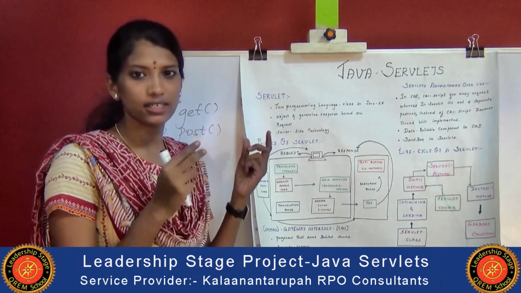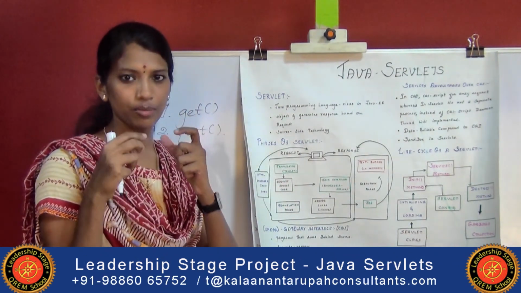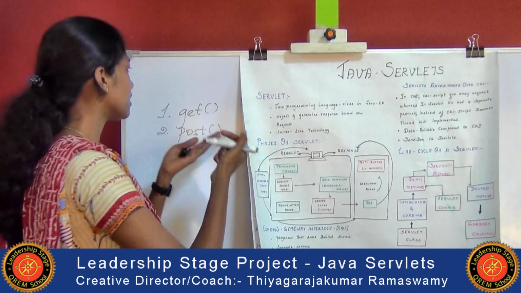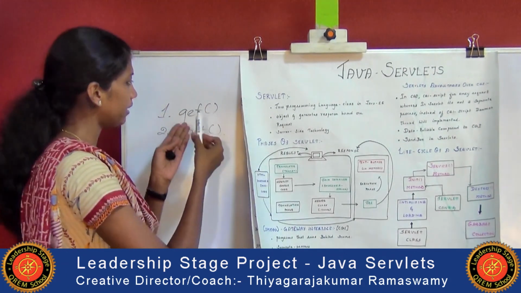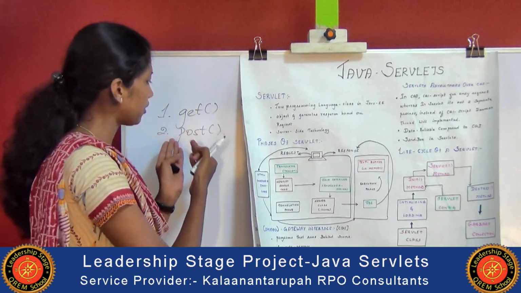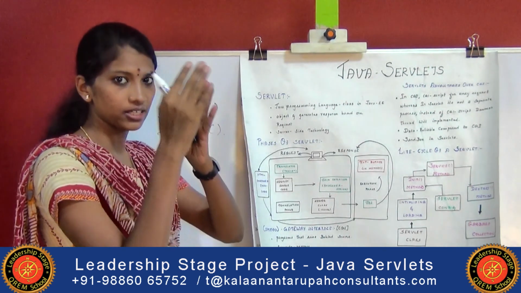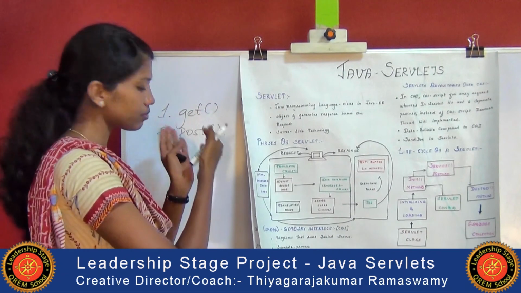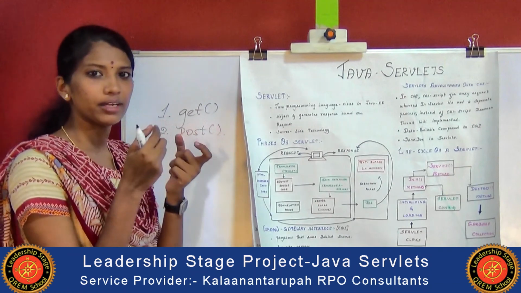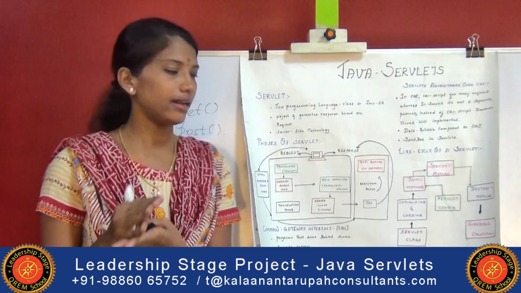A servlet is a communication between the client and server. When the client asks for any request, the servlet program will generate it and return it as a dynamic response to the corresponding client request. In that process, we have two types of methods implemented: the get method and the post method. Compared to the get method, the post method has the additional advantage of security features, because the get method is appended to the URL after the servlet as external data, but the post method is not appended to the URL as external data. The post method is implemented in real-time applications like authentication, username, password, login, and so on.